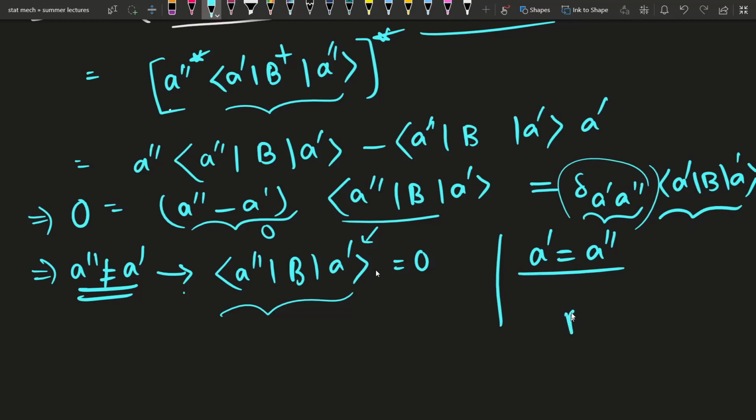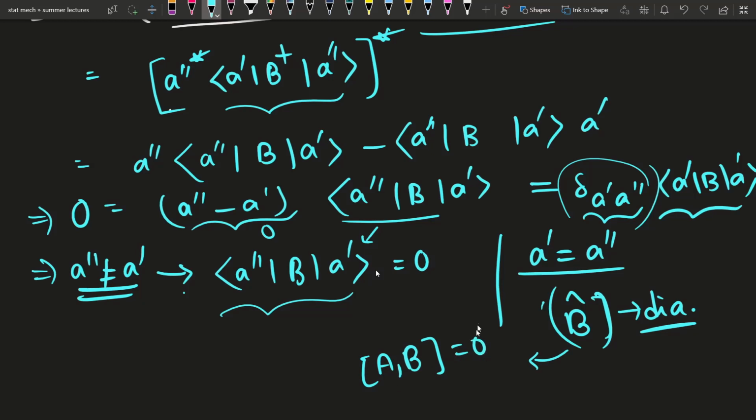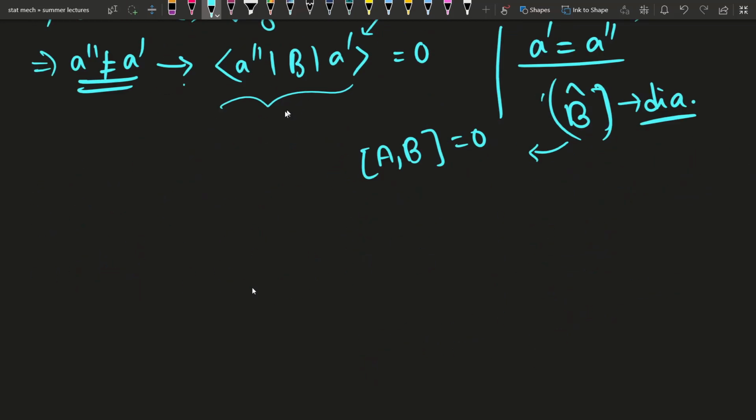So that means the B matrix or B operator must be diagonalized. When we have a condition like this, the commutator of A and B is equal to 0, then A and B can simultaneously be diagonalized with the same set of eigenkets, which is the